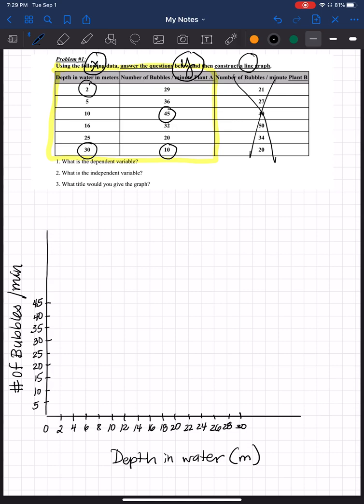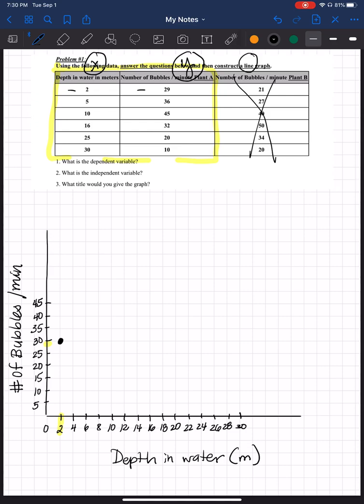So now what we're going to do is we're going to plot the data points. So all you need to do, just erase these. All you need to do is find the x and then find the y and then plot them together. So for example, the first data points are 2 and 29. So you're going to find 2 on your x-axis, which is going to be right here. And I'm just going to highlight it. I'm going to put it away later. And then you're going to find 29, which is going to be a little bit below that 30, right? So all you're going to do is you're going to trace them together, and then you're going to end up with a data point right here. You're going to put a dot,